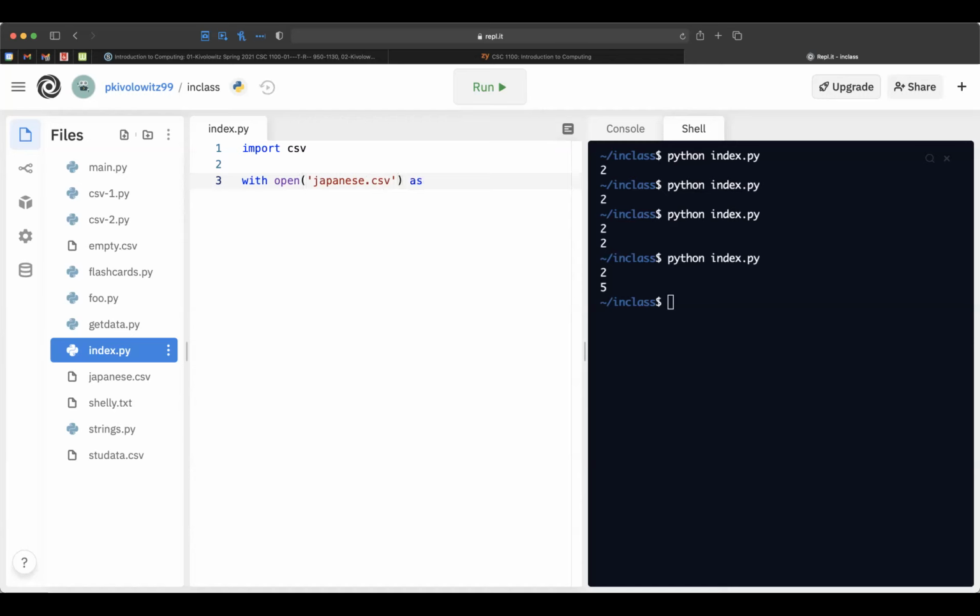As file in, you wrap the file. So that's just an ordinary open file. You wrap the file in a reader, a CSV reader. And then you can read through the lines individually. For a line in reader, we'll print.